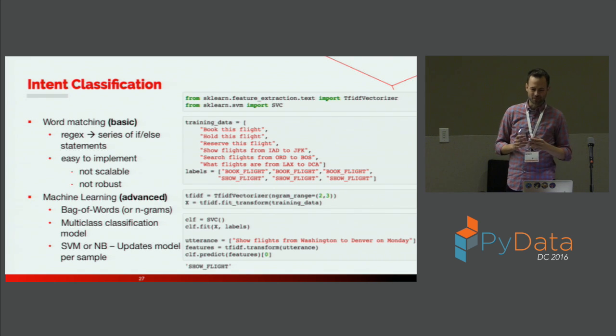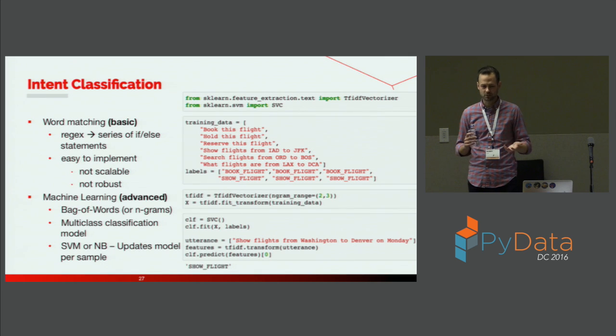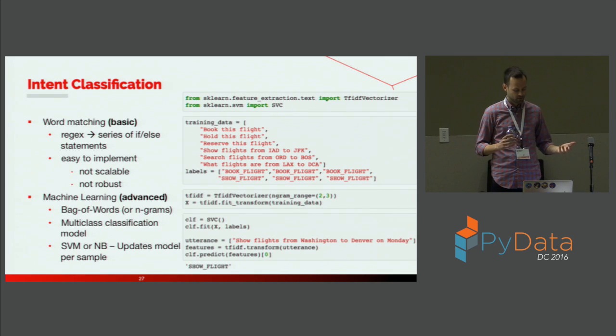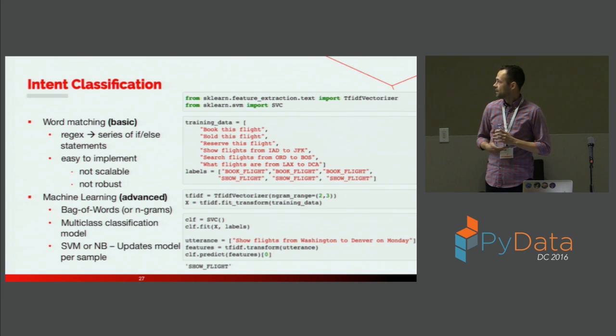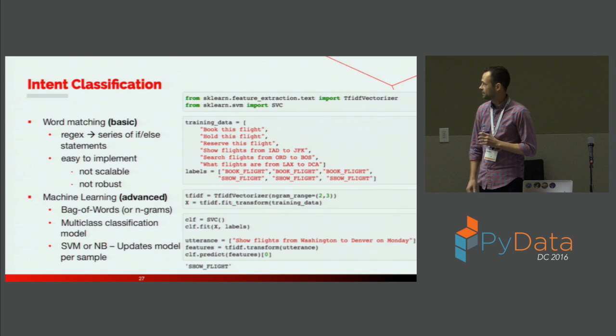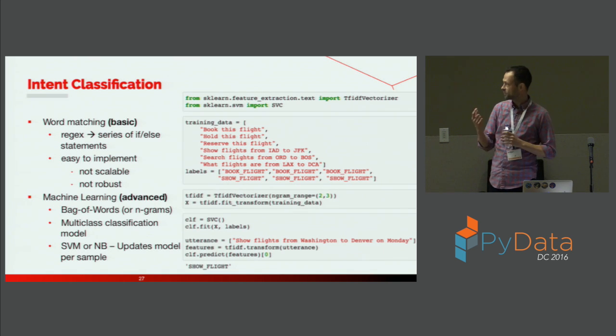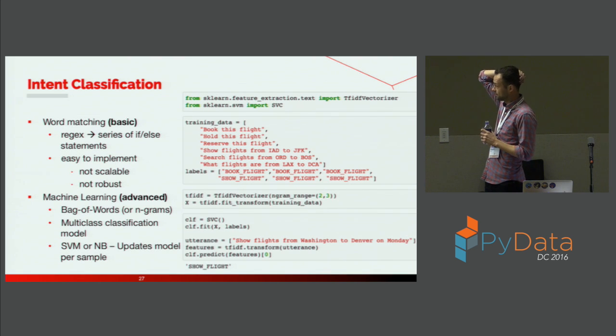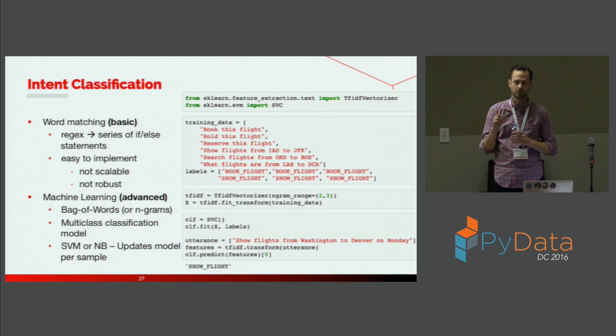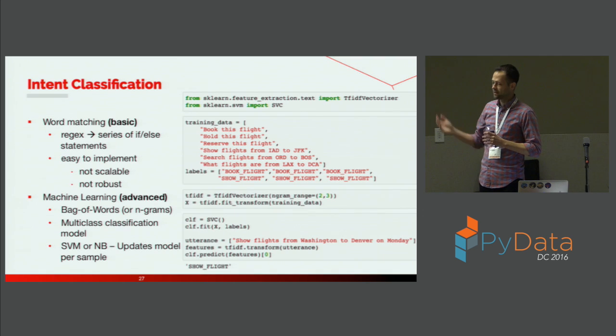But machine learning kind of allows you to be fuzzier, handle misspellings, using things like n-grams versus a bag of words, and treating your intention labels as a multi-class classification problem. Use an SVM, naive Bayes, something that can update each time you get a new data point and a label. And we can take our very toy data set here of types of utterances that could come from a user and then the context that that would likely mean. We pass that into scikit's TF-IDF vectorizer, and we break it down between 2 and 3 n-grams, transform that into our feature vector to then train on a linear SVM.